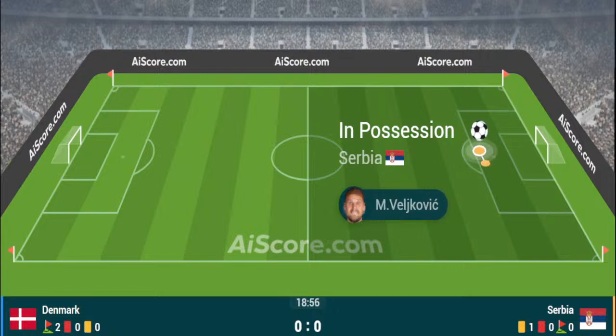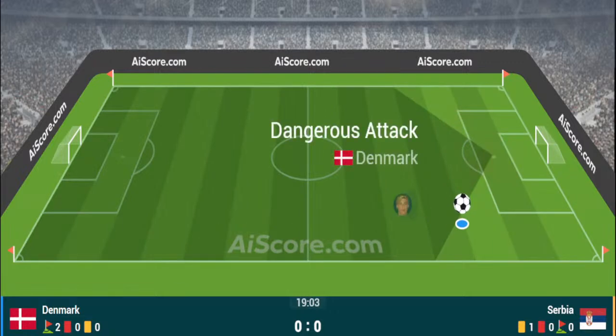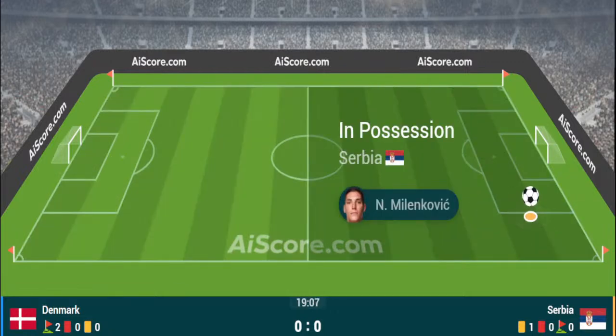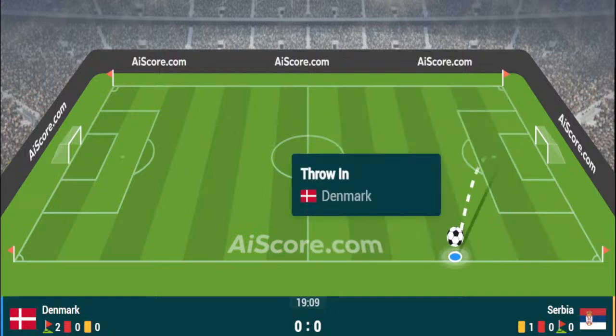Corner kick then for the Danes. Will be taken right-footed on the left-hand side. Christian Eriksen will be the man to take. Rasmus Højlund and others lurking and jostling for position inside the penalty area. 18 minutes played. Christian Eriksen right-footed with the corner kick, floats it in, behind for another corner kick for Denmark.